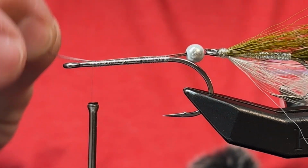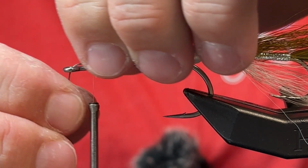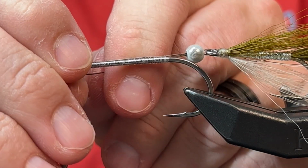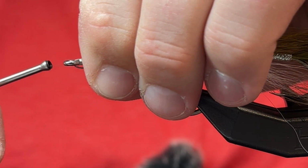You could fold it back. You could take it under, whatever you want. I'm going to take it through the hook eye, and I'm going to tie that all the way to the end of the hook eye. And then I'm going to take this and I'm going to fold it back. And I'm actually going to take my thread